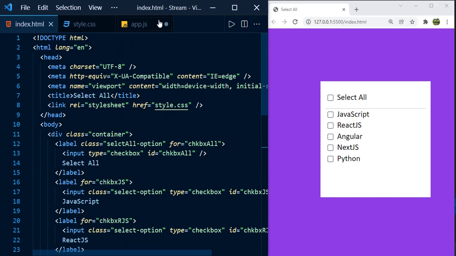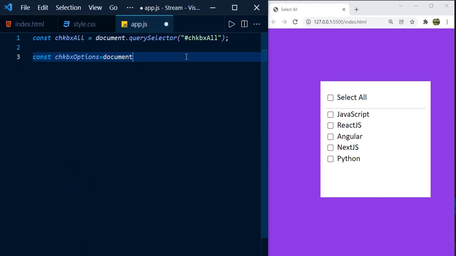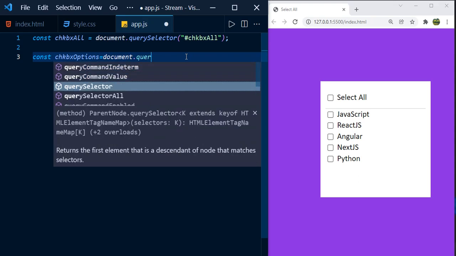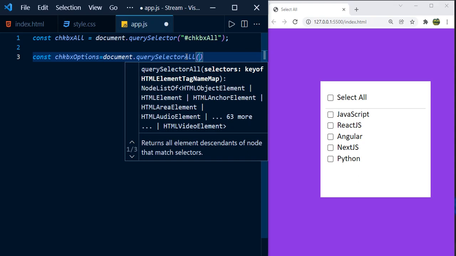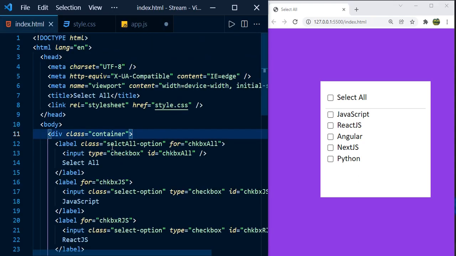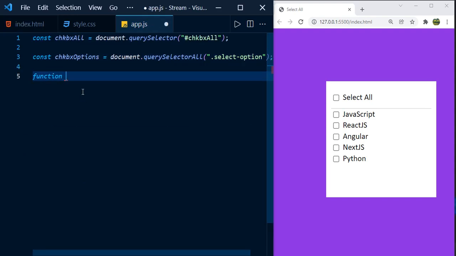Now let us access all the checkboxes. const checkboxOptions = document.querySelectorAll, because this time we are going to select more than one element, and we are going to select them using the class name select-option. So take this and here use it. Function, let's say